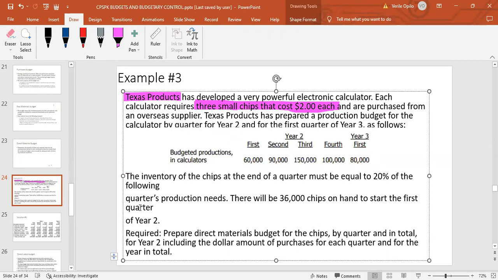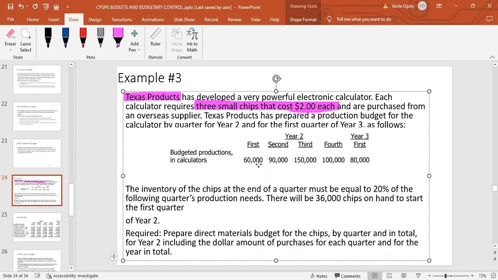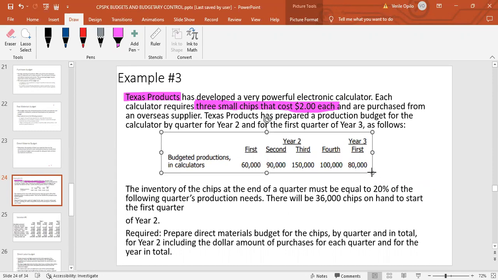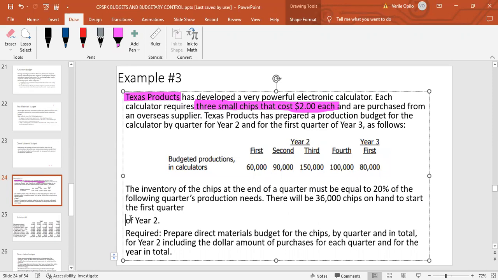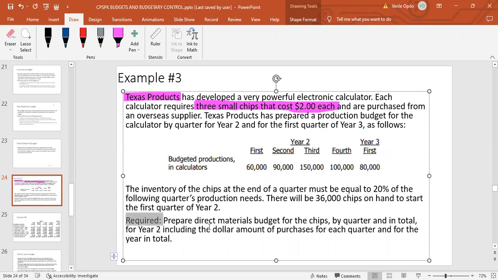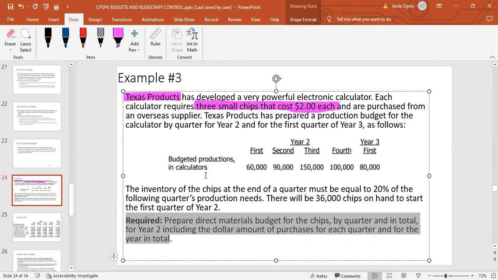The other thing is that we have been given some additional details here. The inventory of the chips at the end of a quarter must be equal to 20% of the following quarter's production needs. There will be 36,000 chips on hand to start the first quarter of year 2. So the question is asking us to prepare a direct materials budget for the chips by quarter and in total for year 2, including the dollar amount of purchases for each quarter and for the year in total. So therefore, we use again the same concepts, the same ideas as we had in the